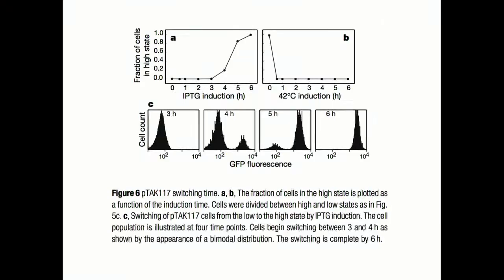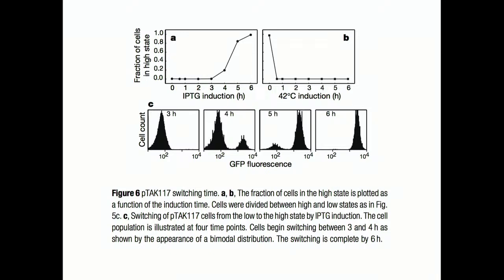So when they did the experiments, they found exactly this: at an early time point, all cells are in state 1. This is a histogram of cells, from flow cytometry. At some other time point, say 4 hours, you see that this peak splits. Now you have a set of cells here. Within 5 hours, a large proportion of them switch, and within 6 hours, everyone has switched. So what you do not see is a constant shifting of this distribution. What you see is splitting and then merging, which is very typical of any bistable system.